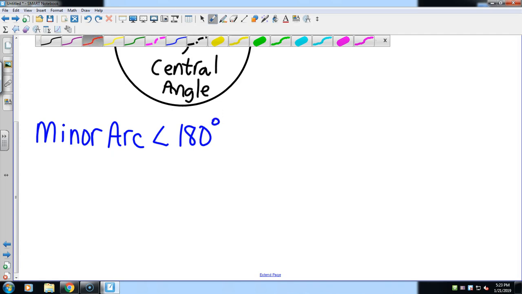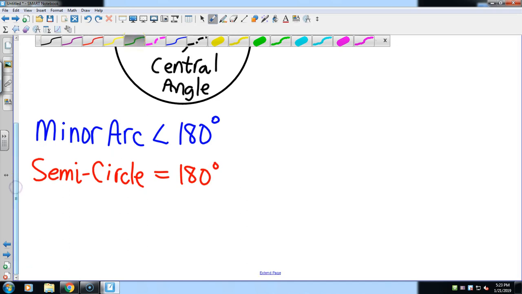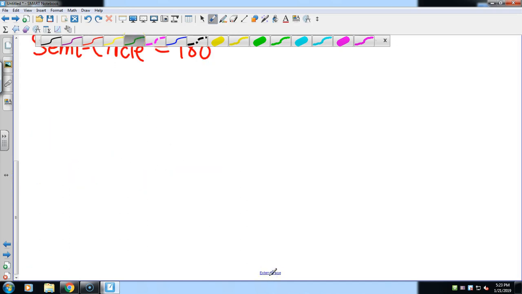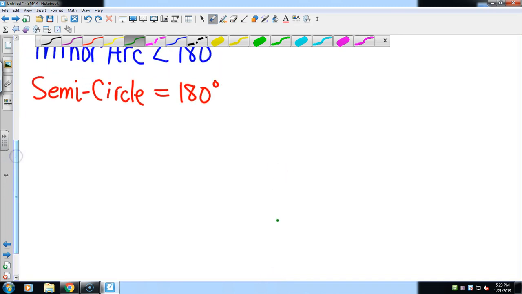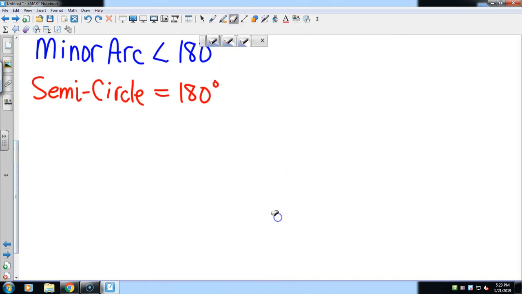A semicircle is equal to 180 degrees. And last but not least,